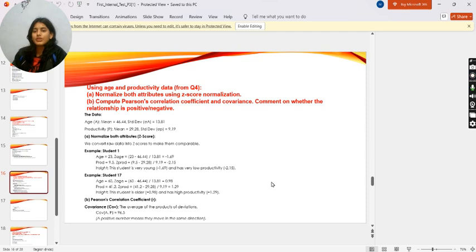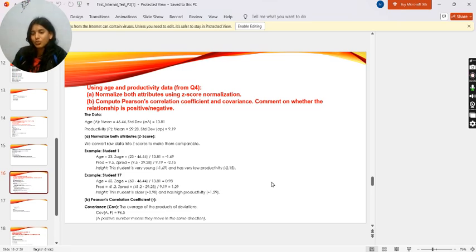Using age and productivity data from question 4, normalize both attributes using z-score normalization, compute Pearson's correlation coefficient and covariance. Comment on whether the relationship is positive or negative. With the data, we find the mean of age and the mean of productivity. Now normalize both attributes using z-score. We convert raw data into z-scores to make them